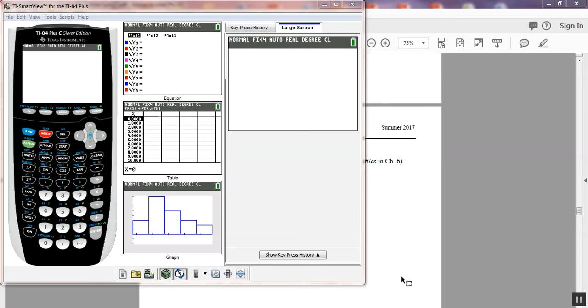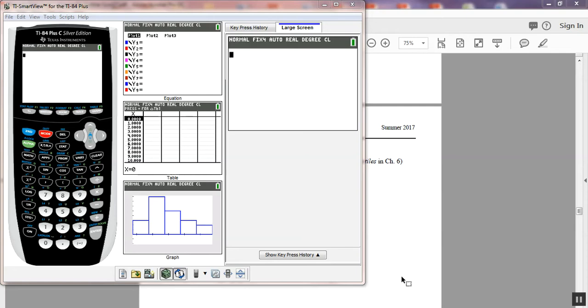In the previous video, we did some one variable statistics in order to find the mean and some standard deviations, whether it was for the sample or the population. And we also looked at the minimum, the Q1, which was the first quartile or the 25th percentile. We saw the median, which is also the second quartile or the 50th percentile. The Q3 is the 75th percentile, and we saw the max. So we saw the min, the Q1, the median, the Q3, and the max, which is the 5-number summary.